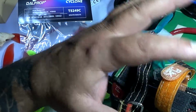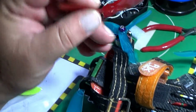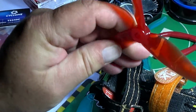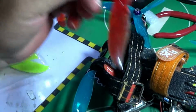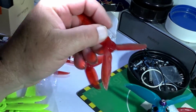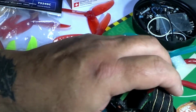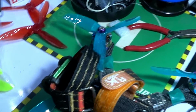Because like I said, when I set out to build this quad, which is one of my own frames, I purposely picked the components around these props because these are the props I wanted to run, so they were nice and durable. And I like the way they float and the way they chop through trees like a freaking buzzsaw, and don't come apart when I crash on a roof, and I can turtle mode and get off the roof and whatever. So anyway,